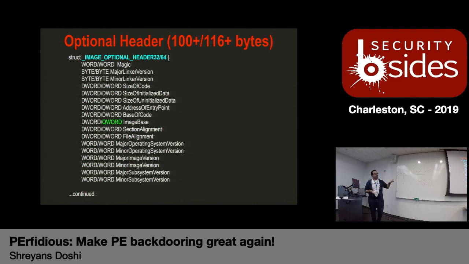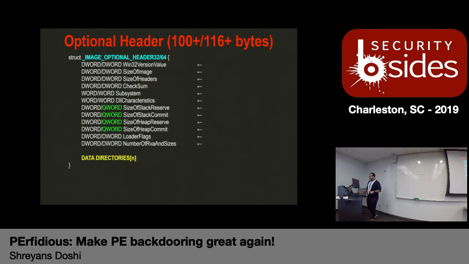It contains information about the base of code. Base of code basically tells you at what point inside the PE file the text section begins, right? Text section is the place where the actual code for that particular program is stored, right? The image base basically tells you which virtual address is used in order to load this particular program into memory, right? So even though it says that it's an optional header, it's not really optional.